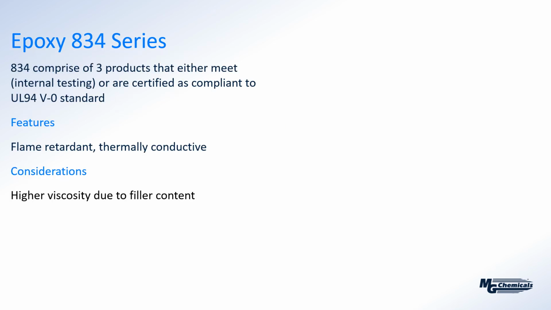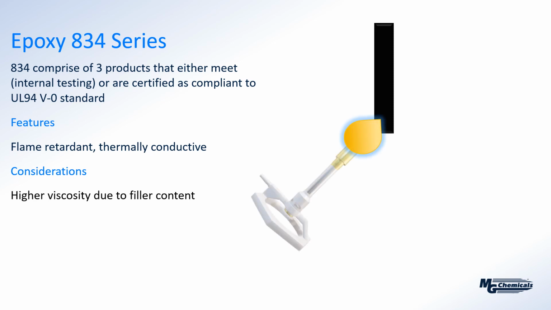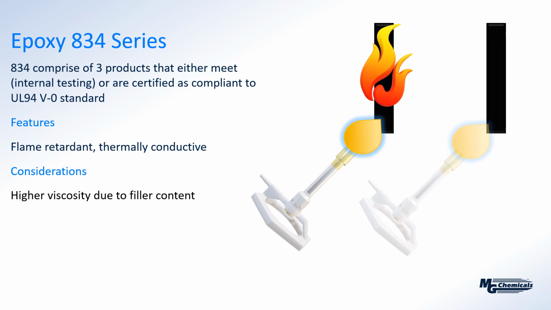Next, we look at the 834 series, and unlike the 832, the 834 are flame retardant. So if we take a strip of a more traditional unfilled material and apply a flame to it, eventually it's going to set on fire. And even if we were to remove that flame, that fire would continue to propagate and the material would not self-extinguish. Whereas with the flame retardant materials, once we apply a flame and then remove it, the material tends to form a lot of smoke, tends to char easily,